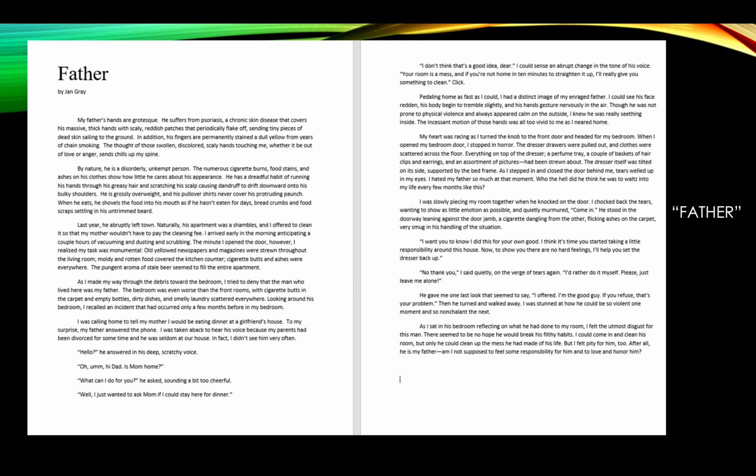It says, in addition, his fingers are permanently stained with a dull yellow from years of chain smoking. The thought of those swollen, what a great adjective that is, swollen, discolored, scaly hands touching me, whether it be out of love or anger, sends chills up my spine. So she does a really great job of using sensory detail.